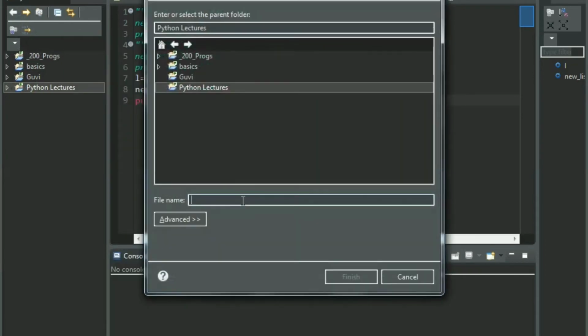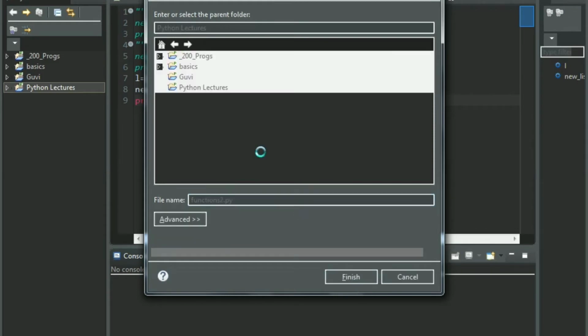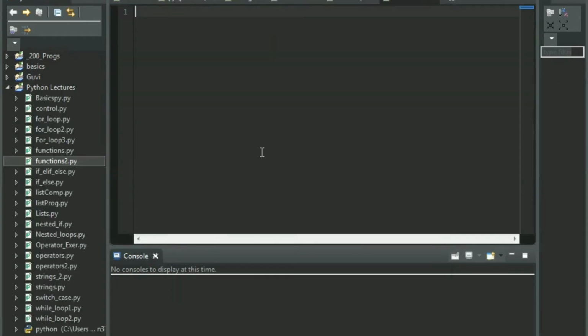Let's say functions. Okay, it already exists. Let's name it. Okay, before I explain why we should be preferring return statements or the return keyword, we shall just give a quick example on how to exactly perform user defined functions.